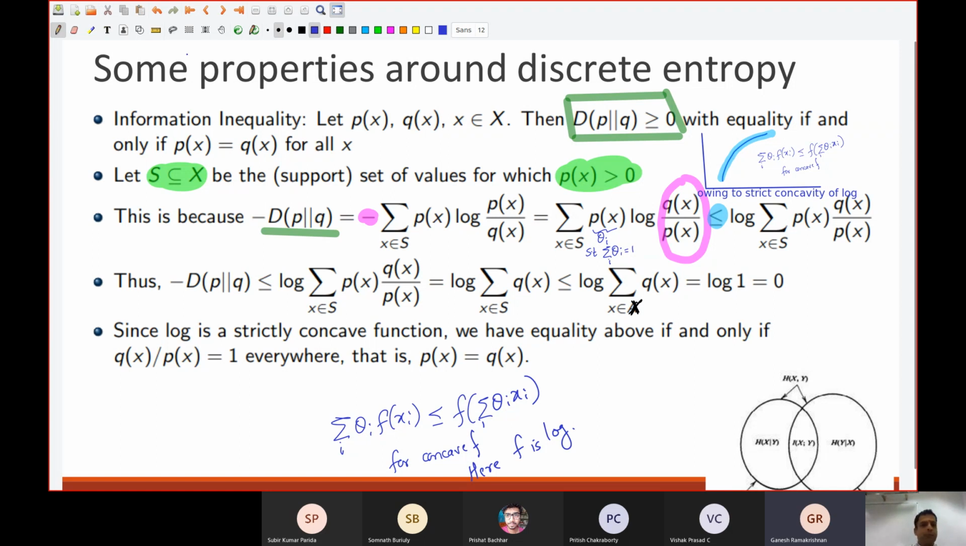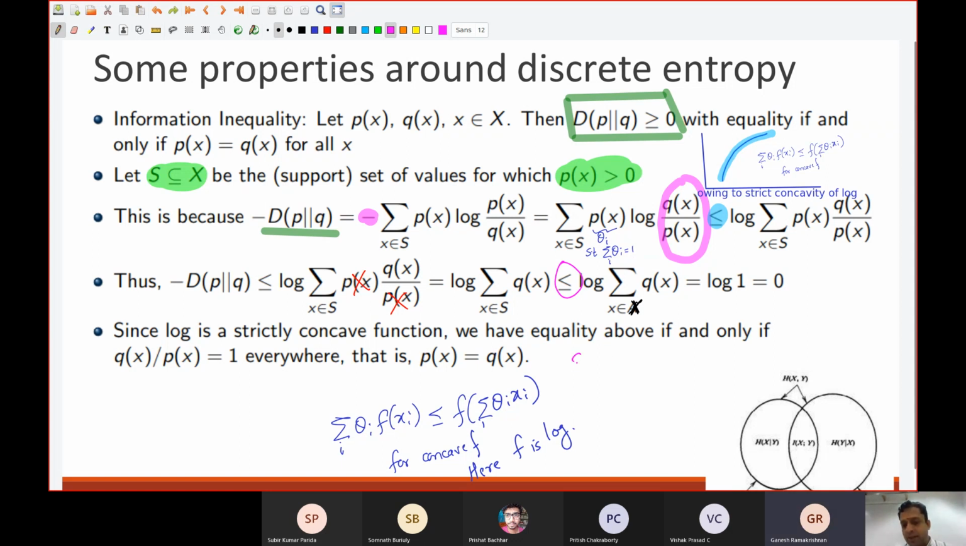If you bring now px into qx by px, what happens? Px and px cancel out. The summation of the log of qx over the support set is now less than or equal to the log of qx. Now we were only considering x such that px was non-zero. But on all the other points in x, qx might be non-zero, right? So therefore, this inequality, the last step,